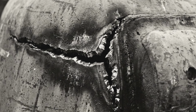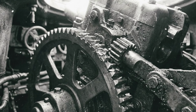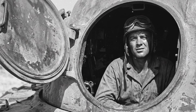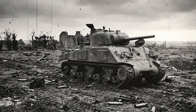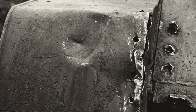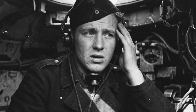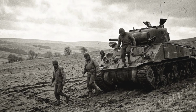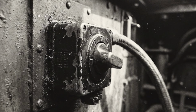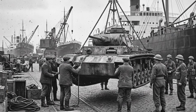The impact jammed the turret solid, tore open a weld, and wrecked the radio. A second round struck a lifting lug and disabled the gun's elevation gear. A third smashed through an open loader's hatch the crew had left ajar because of the heat. None of the 3 rounds came close to defeating the Tiger's armour in the way anyone expected armour to be defeated. They found the machine's joints instead, and the crew, unable to fight or communicate, abandoned a tank that was otherwise almost undamaged, and failed, crucially, to set off the self-destruct charge that would have turned their mistake into scrap metal. That tank became Tiger 131, shipped to